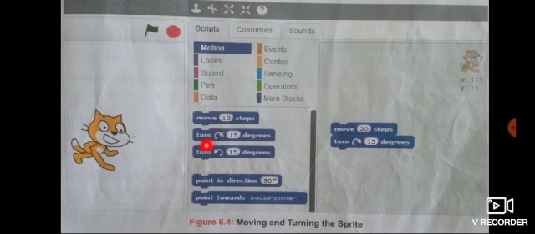Then we have to use turn clockwise 15 degrees, turn anti-clockwise 15 degrees, and point in direction 90. Point towards mouse pointer. And to turn the sprite, we have to choose the move 20 steps block and the turn clockwise 15 degrees block, and then the sprite will turn and move.